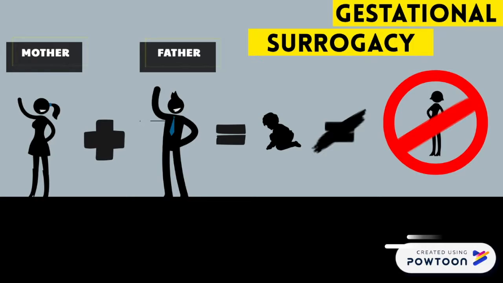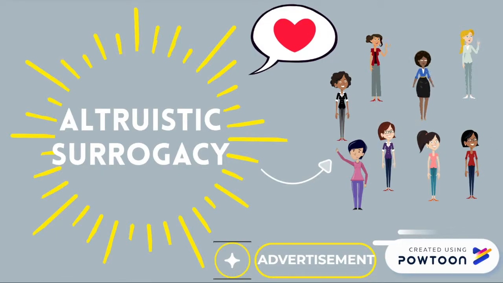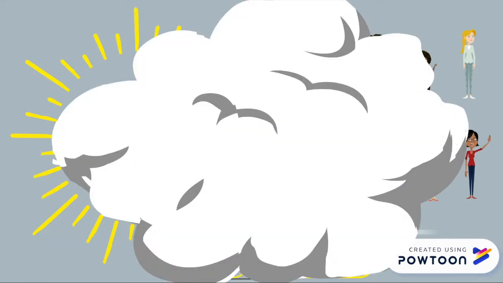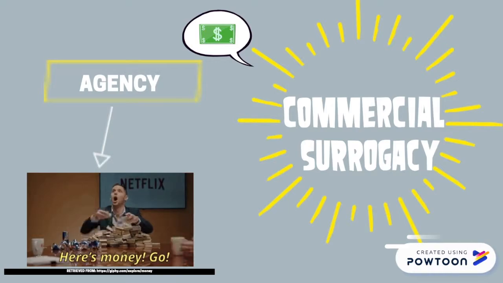Branching off these two main types of surrogacy, there are two ways of recruiting surrogate mothers. Altruistic surrogacy is a process usually found among family, friends, and acquaintances or by advertisement. The surrogate in this situation is only repaid for her medical expenses and any lost income resulting from the pregnancy. On the other hand, commercial surrogacy is the recruitment of a surrogate through an agency. The surrogate mother's medical expenses are reimbursed and she is paid for her gestational services.